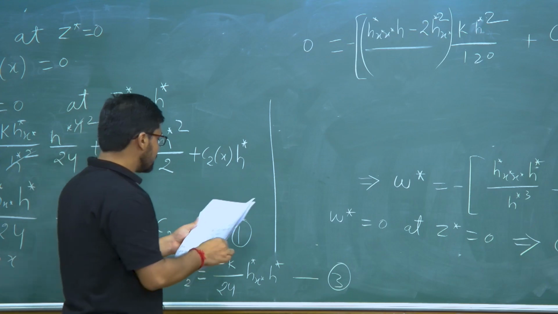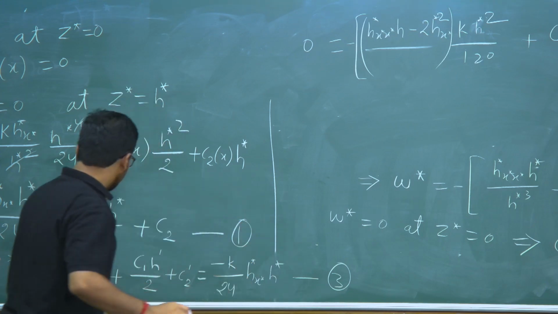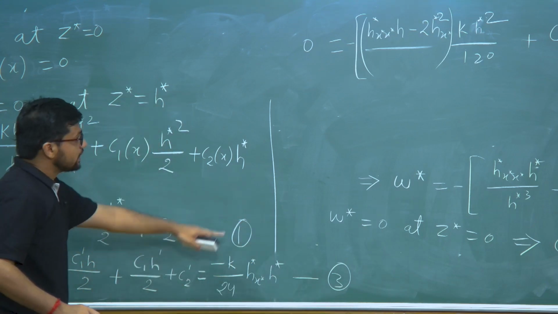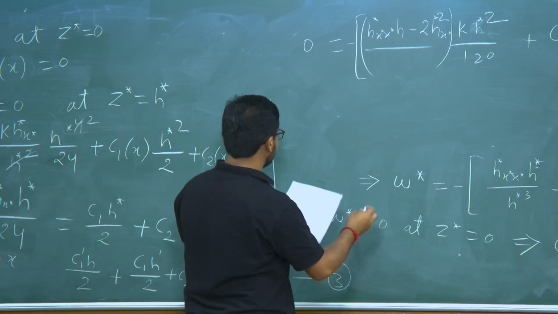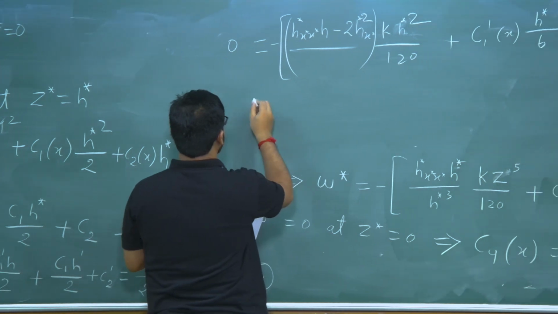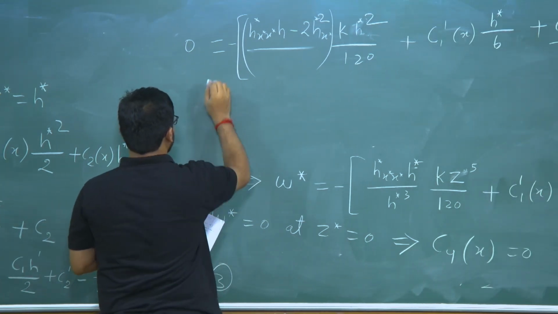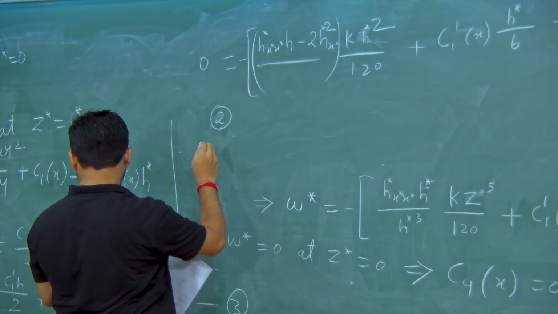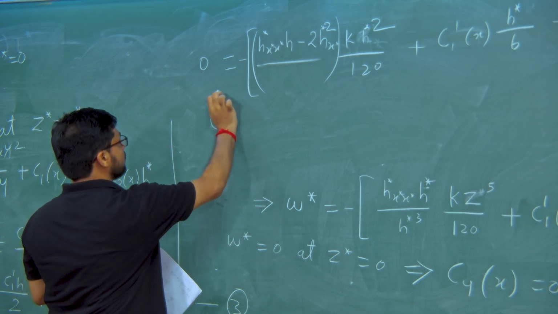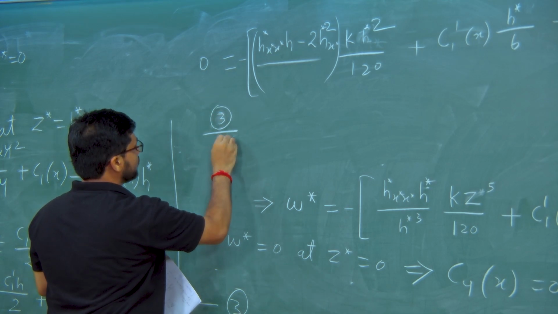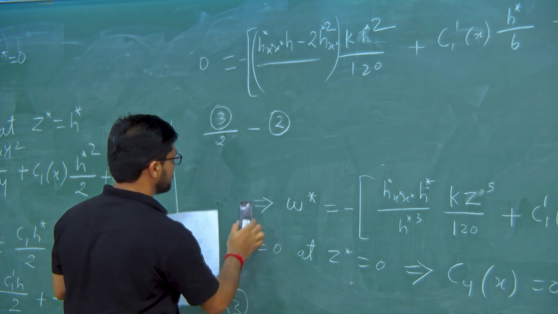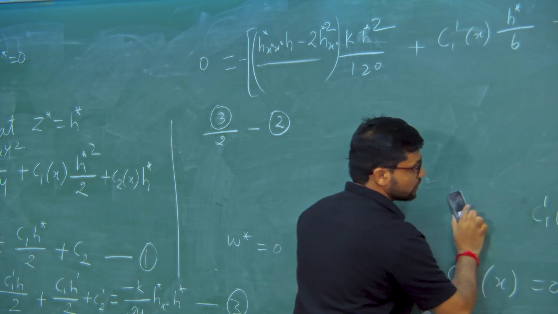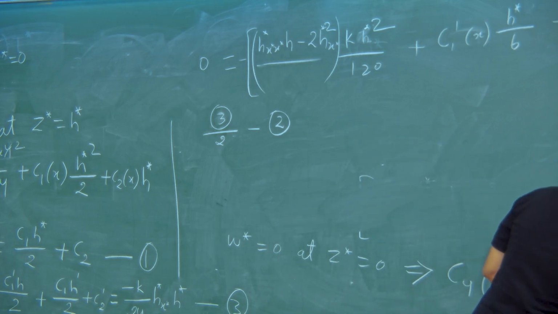So, I will write the equation that you will get. What you do is divide this equation by 2 and subtract 3 minus 2. Then you will get an equation, I will write it directly. So, after doing equation 3 divided by 2 minus equation 2, if you do this operation, you will get an equation which will be